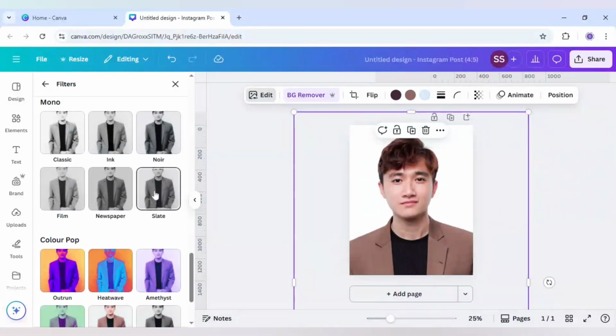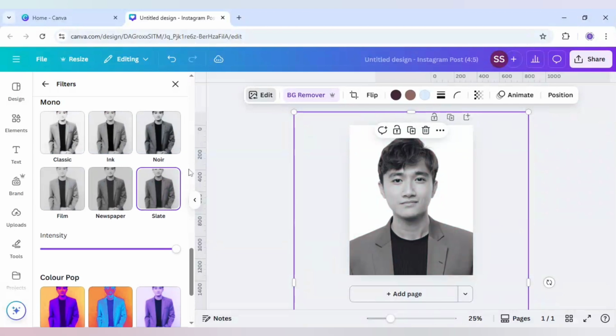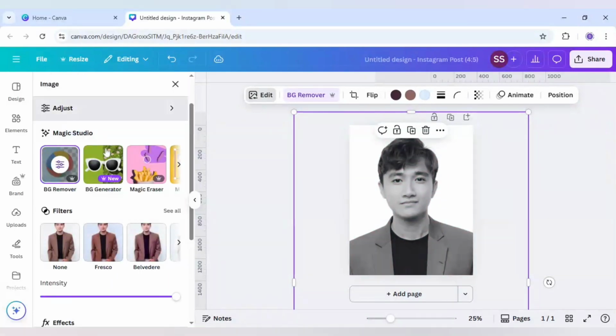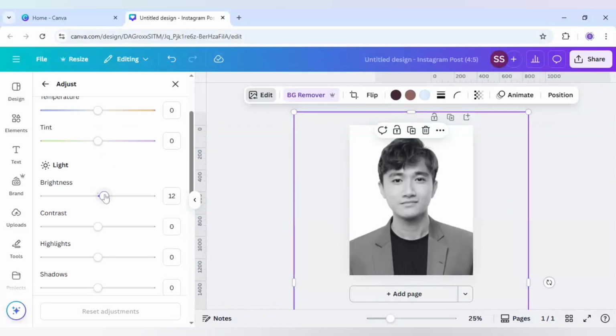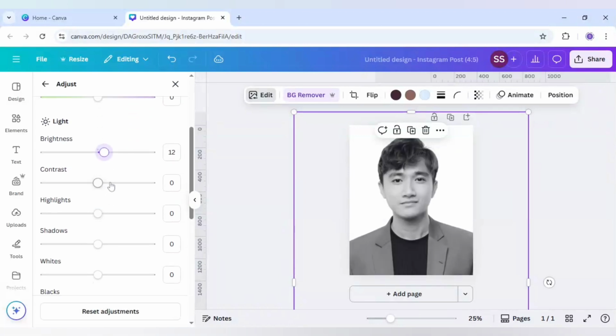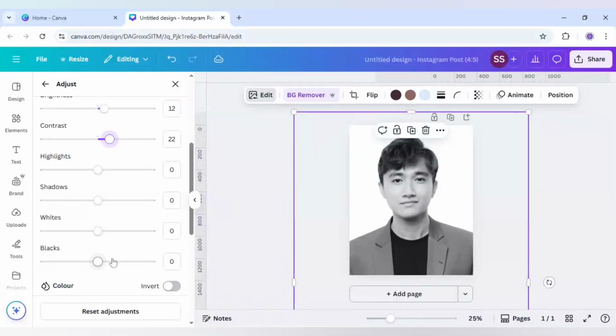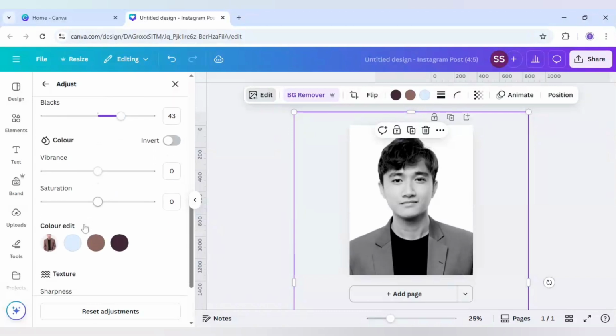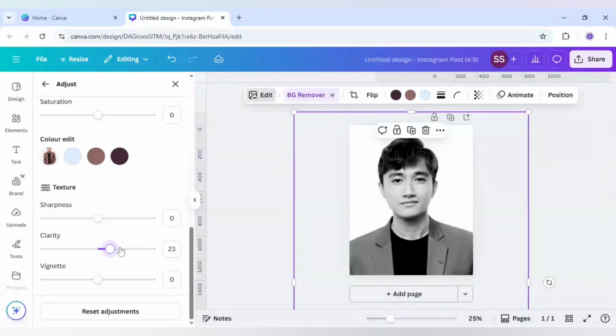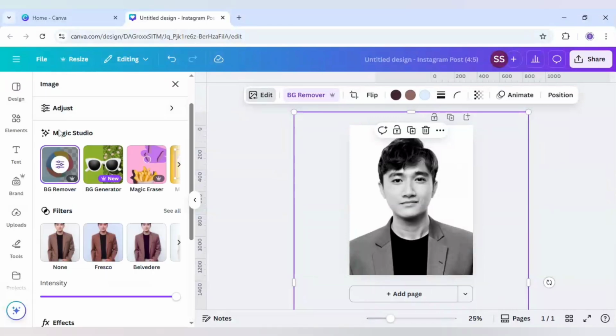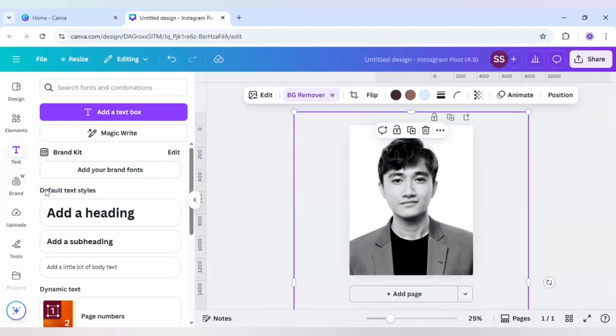to find slate effect, click on it, and after that go back, click on adjust, and increase slightly the brightness, slightly the contrast, and increase the blacks a bit, and decrease the shadows. Okay, like this. And after that scroll down to find the clarity and increase it. Okay, like this. Okay, and after that just go back, and after that I will go to text and